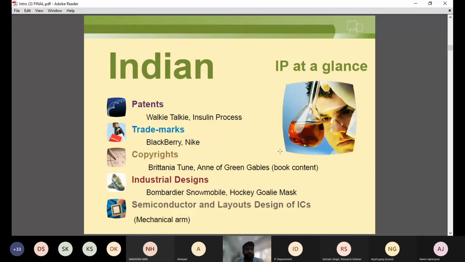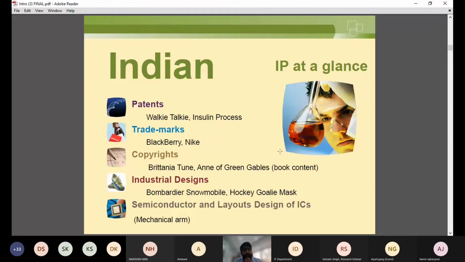So trademark is basically a business identifier. We can say it is all those things through which your customers recognise you in the market. Trademark is basically the trade name through which your customers can identify you in the market. Okay, just like Nike we have, just like BlackBerry we have. So it can be anything. It can be a logo, it can be a symbol, it can be a sound also, it can be a 3D mark, a hollow mark.